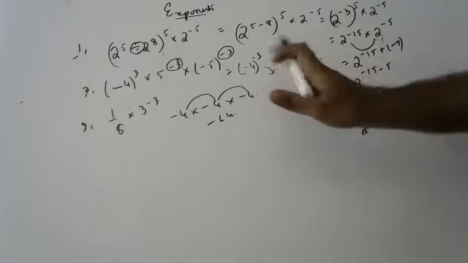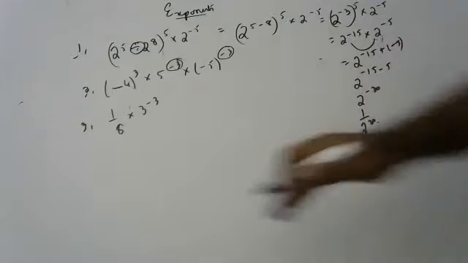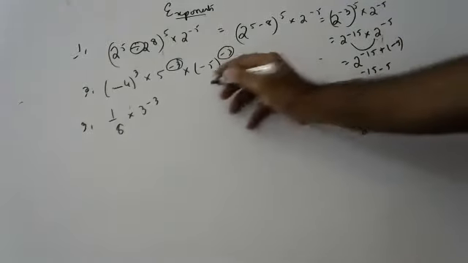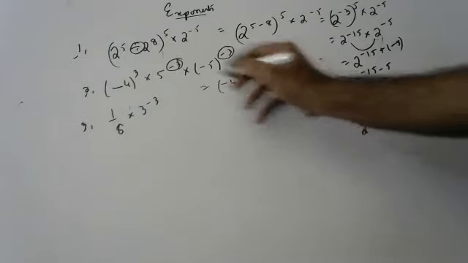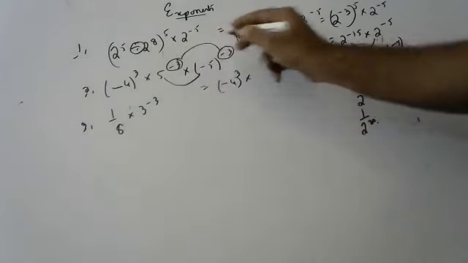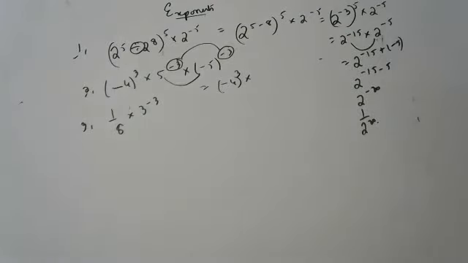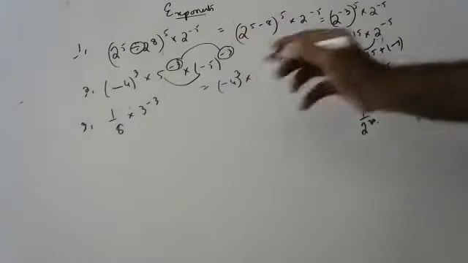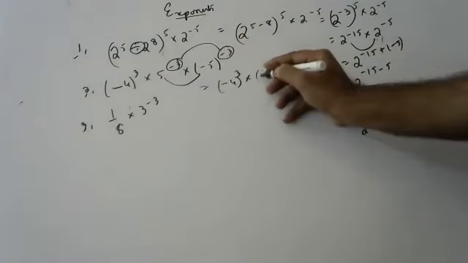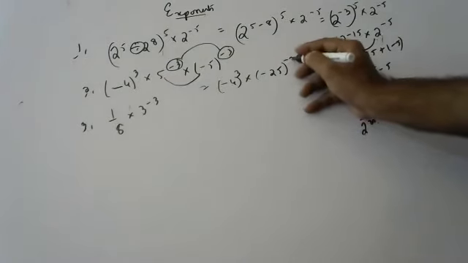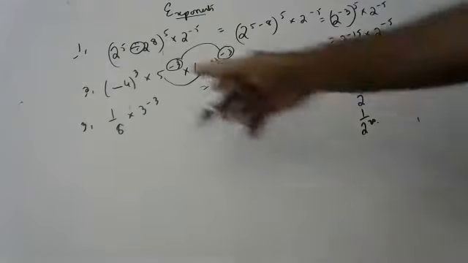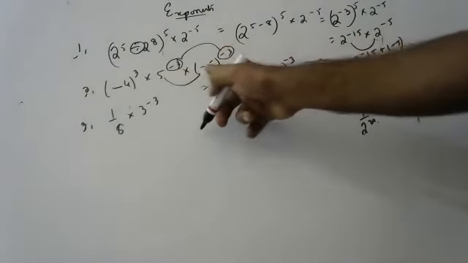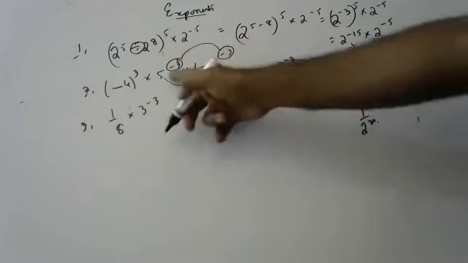But we can't write like that on one side. So what will I do, children? Minus 4 to the power of 3, I will keep like this only. These both powers are same, so bases can be multiplied. So 5 into minus 5 is minus 25, minus 25 to the power of minus 3. Try to understand, children. Because when powers are same, bases can be multiplied.